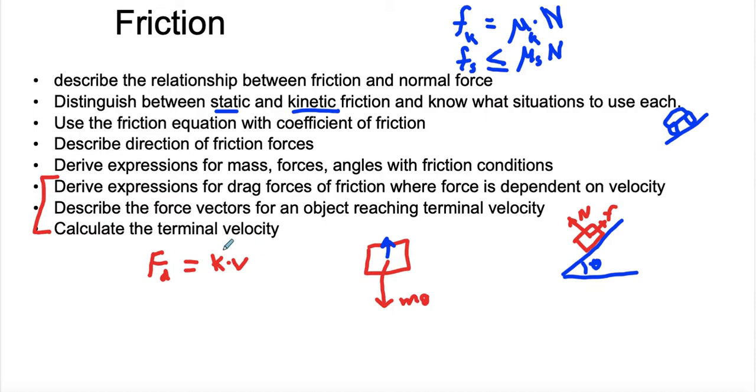And you could set your drag force equal to your mg to figure out what speed that happens at. So to calculate the terminal velocity, you would set the drag force equal to mg, because terminal velocity is when it no longer accelerates,